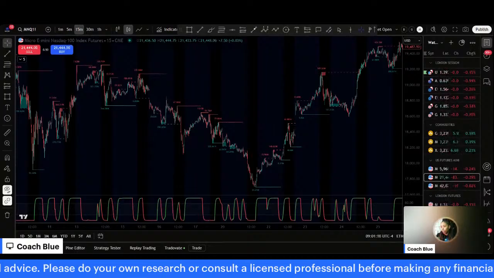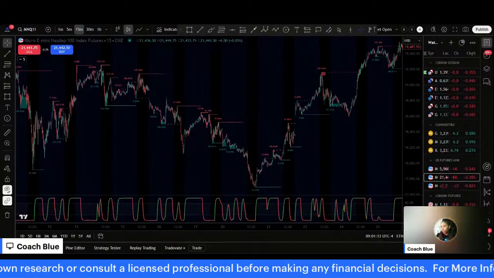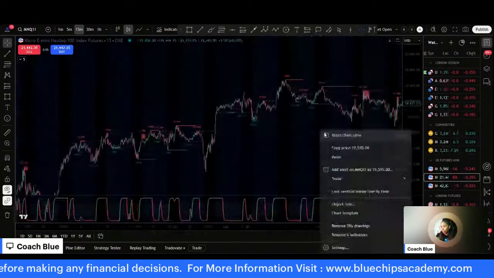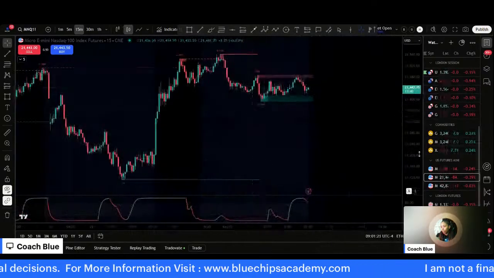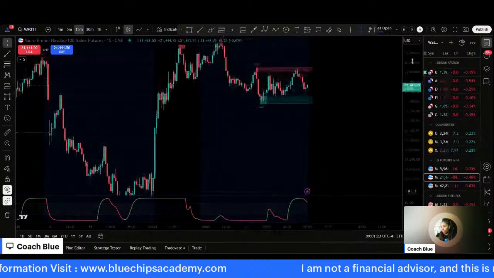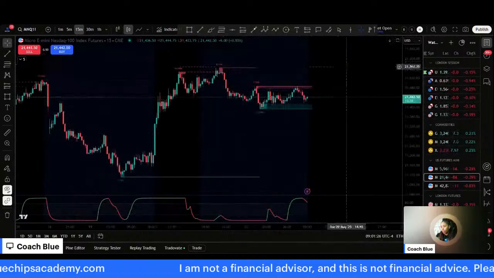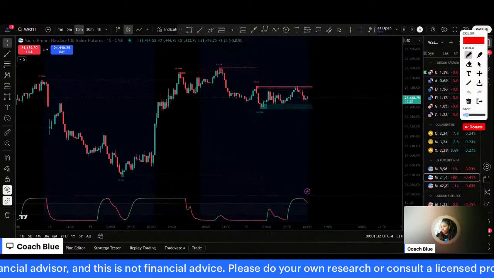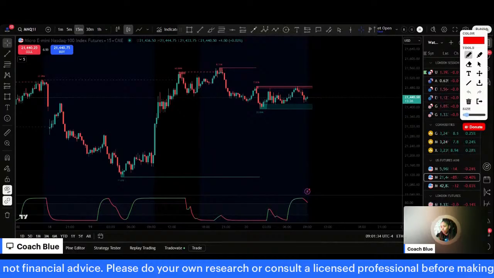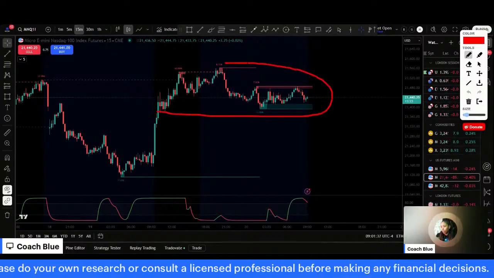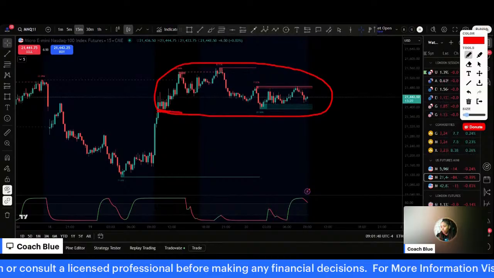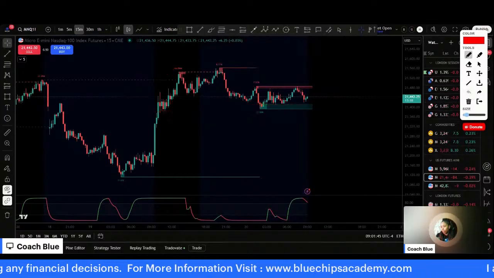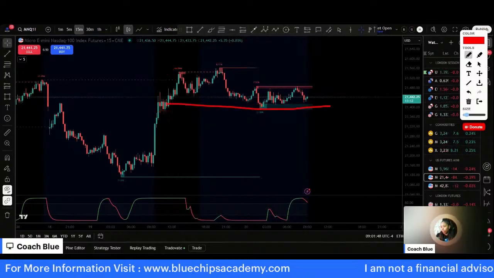So let's see here. Let's go to recent price, and let's see what type of condition we're in. Actually, I'll ask you guys, since we just had a quick little lesson. Let me know in the comment section. We're looking at this right here on the 15-minute chart. What type of market condition are we in right now, guys? Let me know what you guys think.